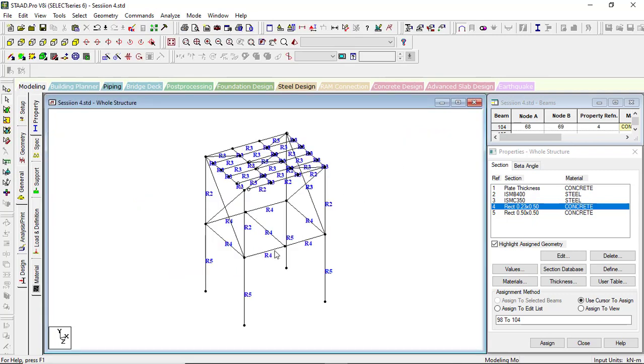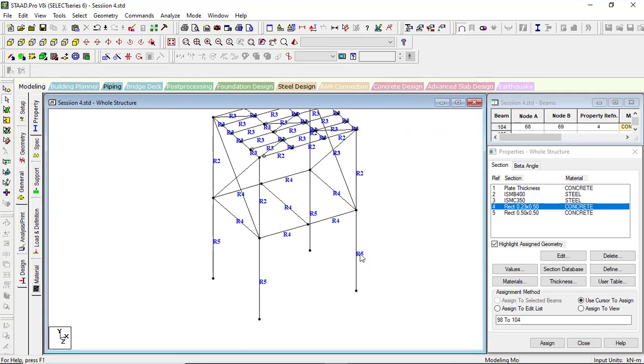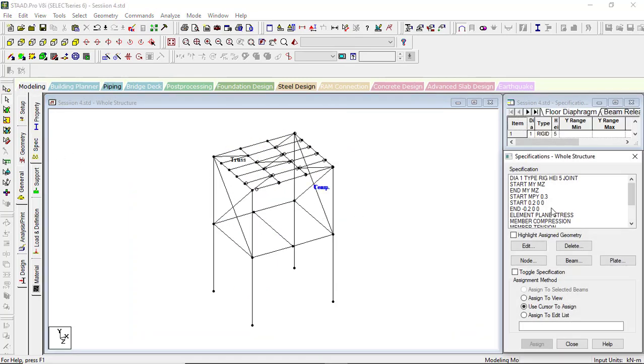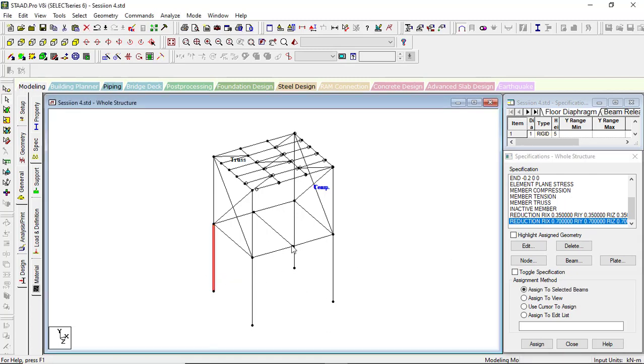All right, now for column we need to assign the specification, that is the stiffness modification factor. So again go to specification, and if you see here, reduction factor for column is 0.7. So we are going to select all the columns, and we are going to assign to selected beams. Click on assign here, press yes.